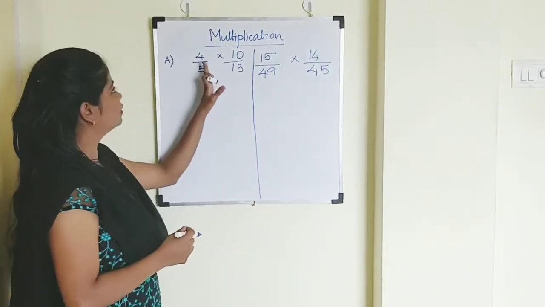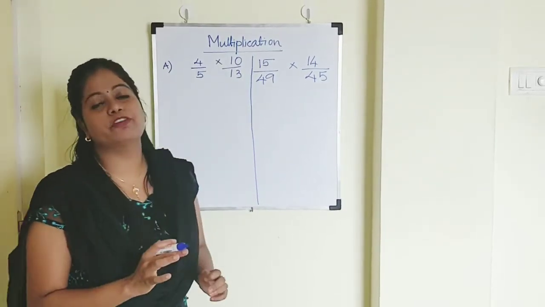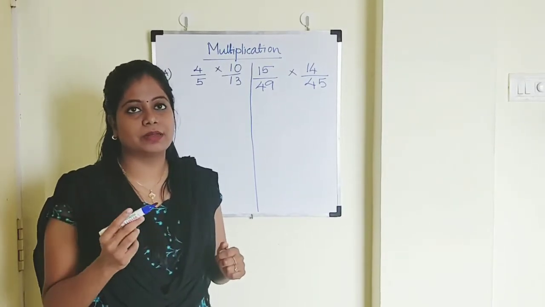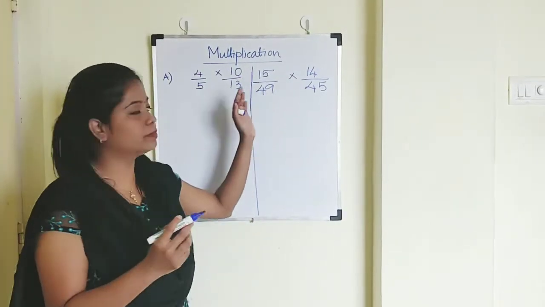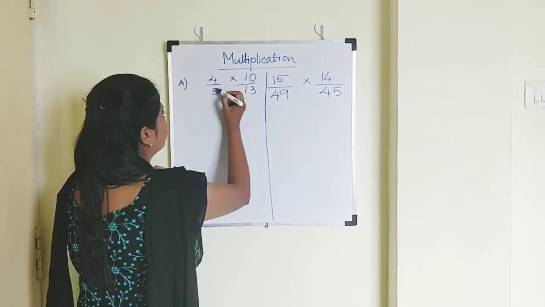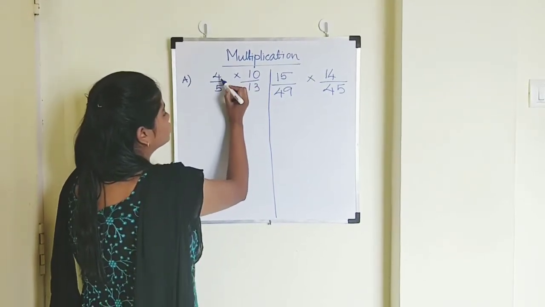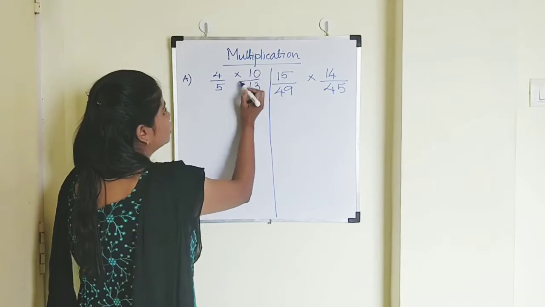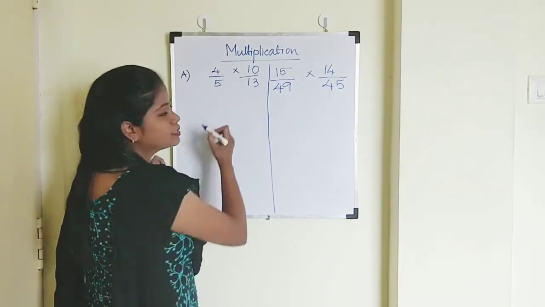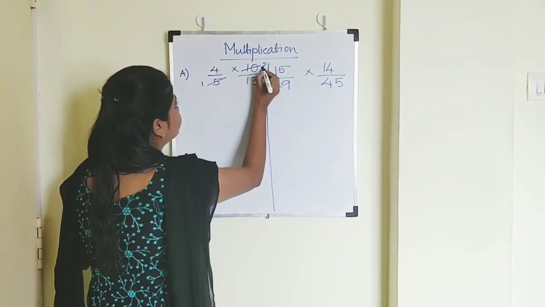So if you see here 4 by 5 into 10 by 13. Now children, in this type of multiplication you need to cross out the common numbers or common multiples in which both the numbers are there. Suppose, and there's a rule, okay, you can only cross multiply up and down like this or cross. You cannot cross multiply like this. So you can do like this way or in the opposite way. So if you see 5 and 10, they go in the same table. So I'm going to cross them. 5 1s are, 5 2s are.